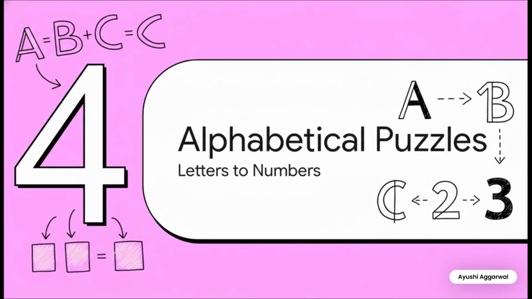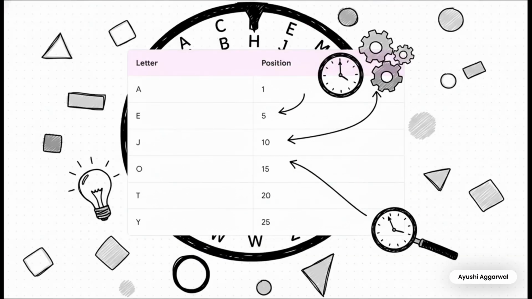Okay, let's look at our last common pattern. When you see letters instead of numbers, don't panic. These are actually just number puzzles in disguise. All you have to do is replace each letter with its positional value. And the absolute best way to remember these position values is with this one word,